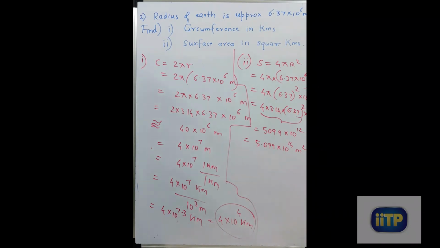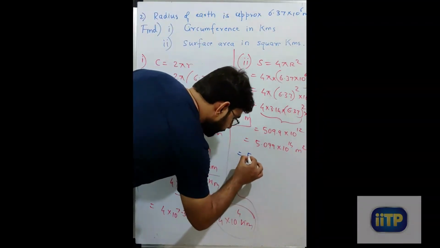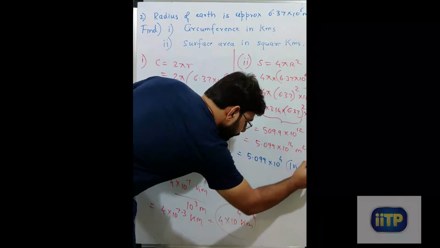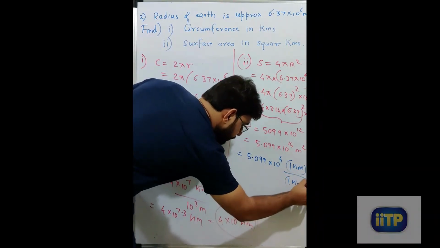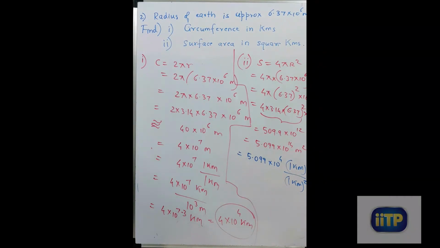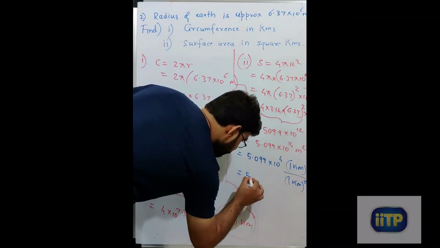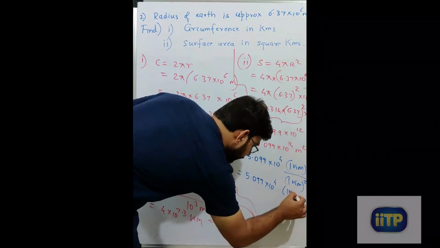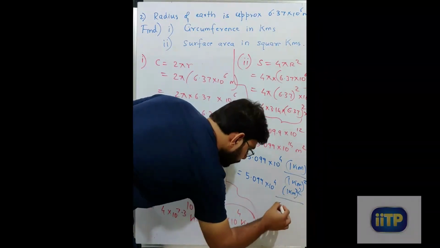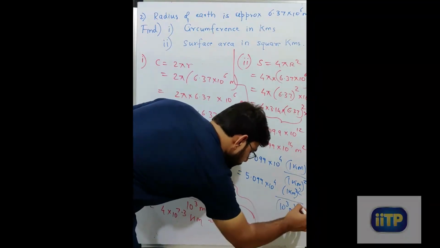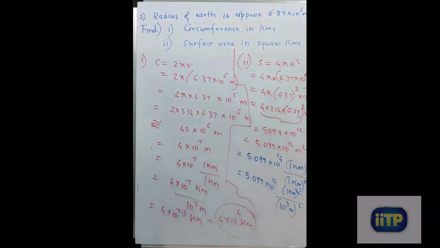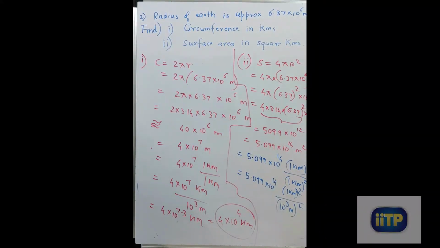Right? So 1 meter square can be written as, again, this is 5.099 into 10 raised to 14. It can be written as 1 kilometer square upon 1 kilometer whole bracket square. So 1 kilometer is 1000 meters. So this is 5.099 into 10 raised to 14, 1 kilometer whole bracket square upon 10 raised to 3 meter whole bracket square. So this is 10 raised to 14, sorry, so 5.099